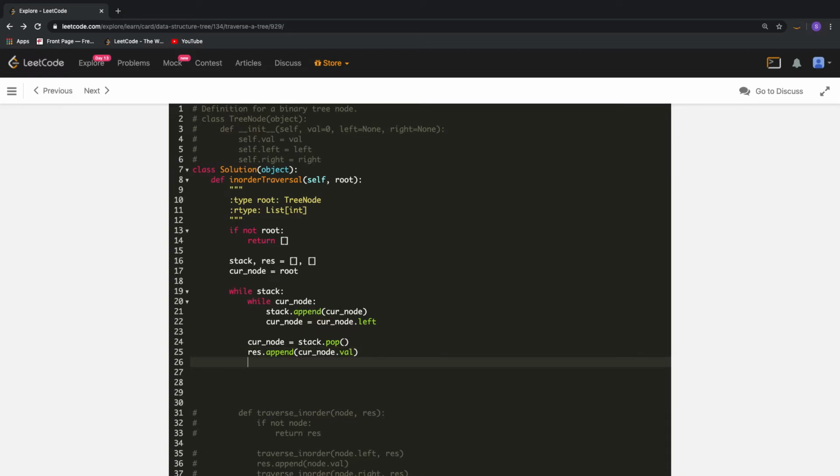Now we have the current node as the leftmost node, right? What if we just keep the current node as it is? You will see that it will go in here and append the same node again, because if you just keep the same current node, it will just keep on appending the same thing and popping the same thing and appending the current node's value to the response. So what we will do, we will change the current node to current node's